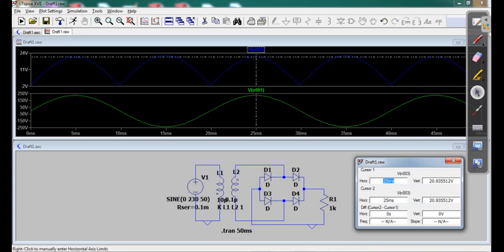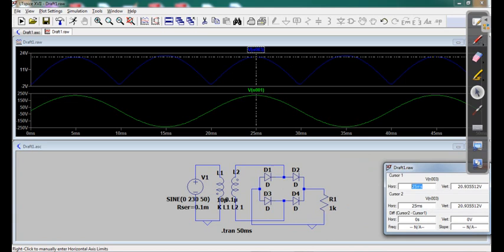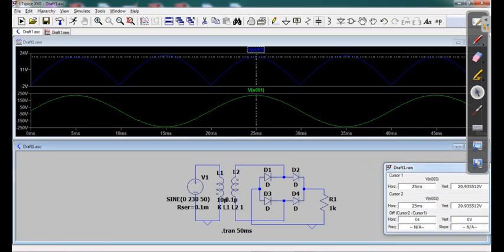Now suppose you want to change it, you want to put some capacitor here, and you want to see what is the effect. Just put the capacitor, press escape, connect the wire, press escape.